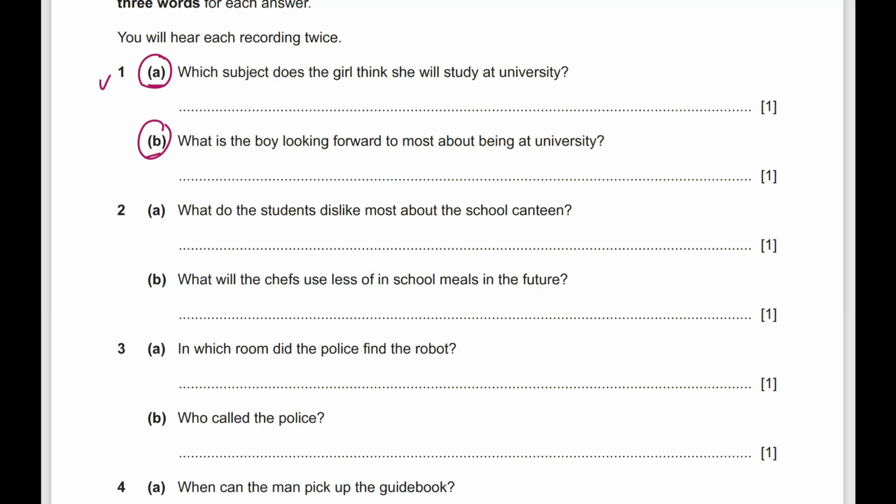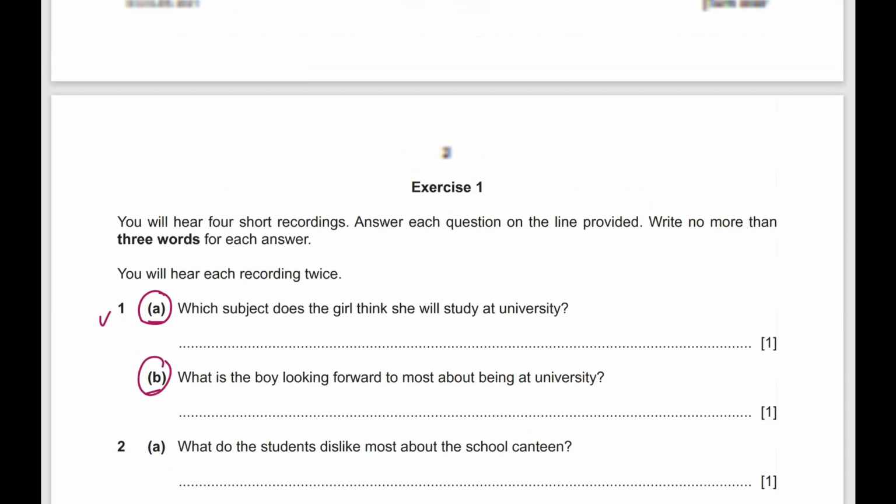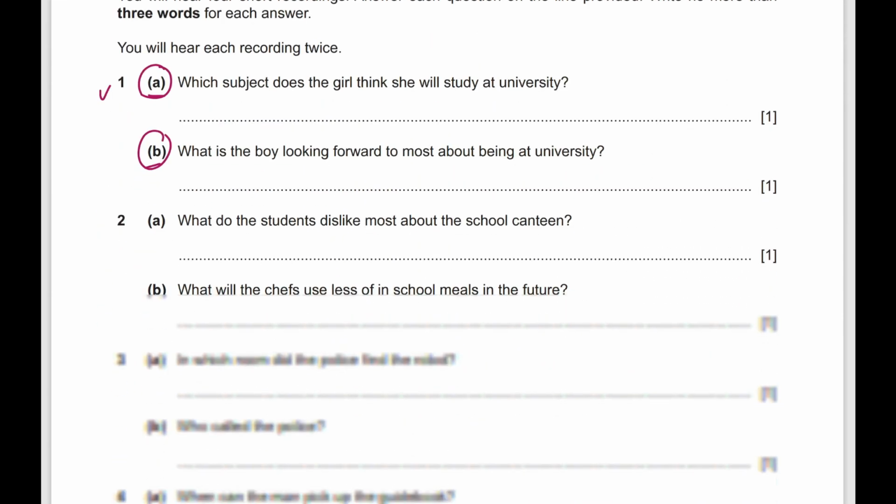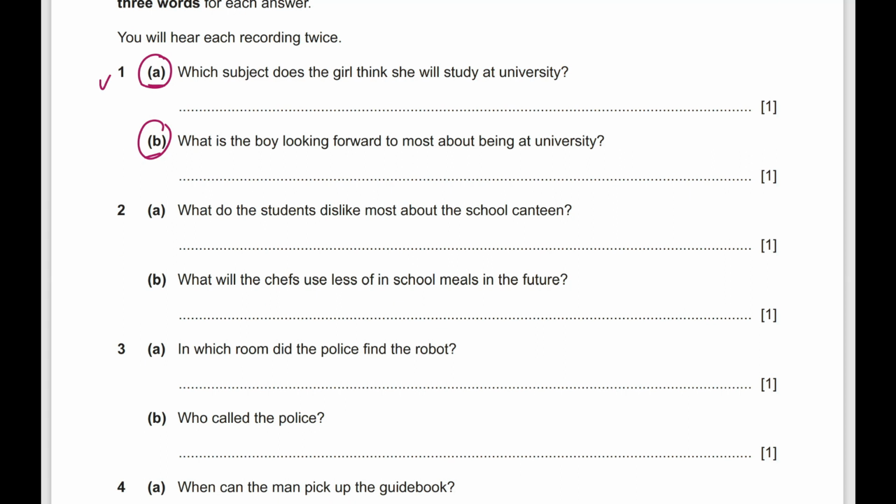Students must adhere, must stick to the rubric or instructions given in order to score the marks. First of all, it is obligatory, it is mandatory that students write no more than 3 words or a number. Remember this. This clearly means that responses that are over 3 words will not be credited even if the required correct detail is included. Even if you answered it correctly, it will not be scored.